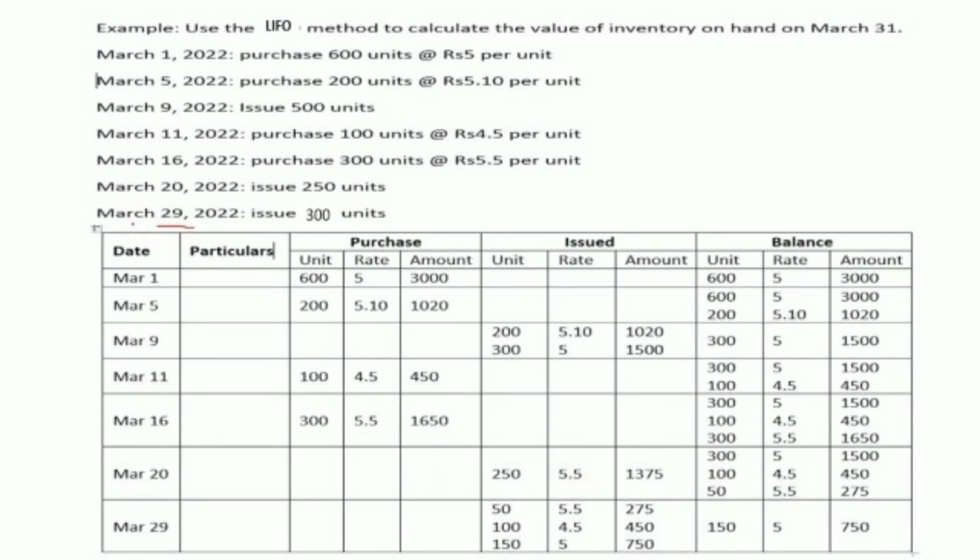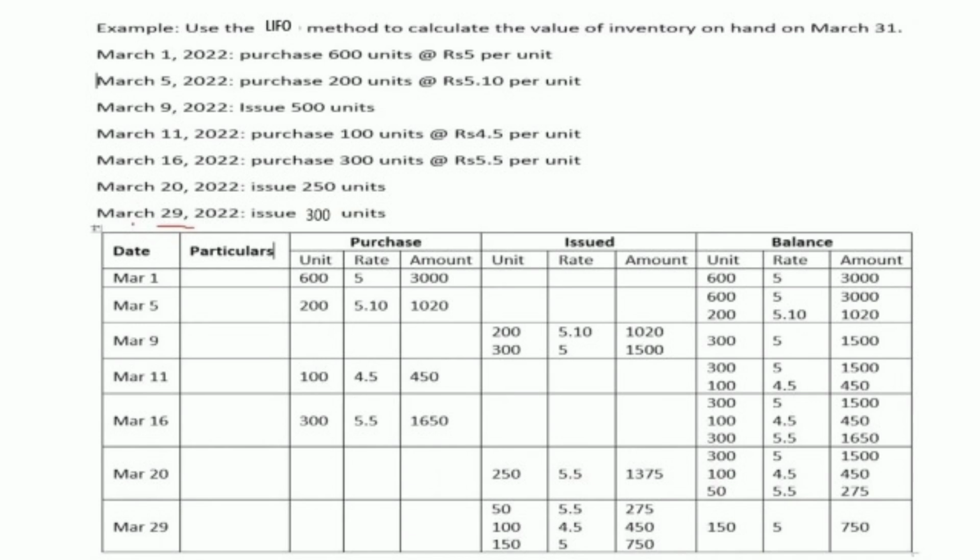Now we first make the entry in this ledger that on 1 March the company purchased 600 units at the rate of rupees 5. In particulars, you can write the bill ID and the transaction ID, or here you can write the name of the inventory which was purchased by the company. Further, under unit rate, the rate of one unit of the 600 units purchased is rupees 5. 600 is multiplied by 5 and the answer comes to 3000 rupees,